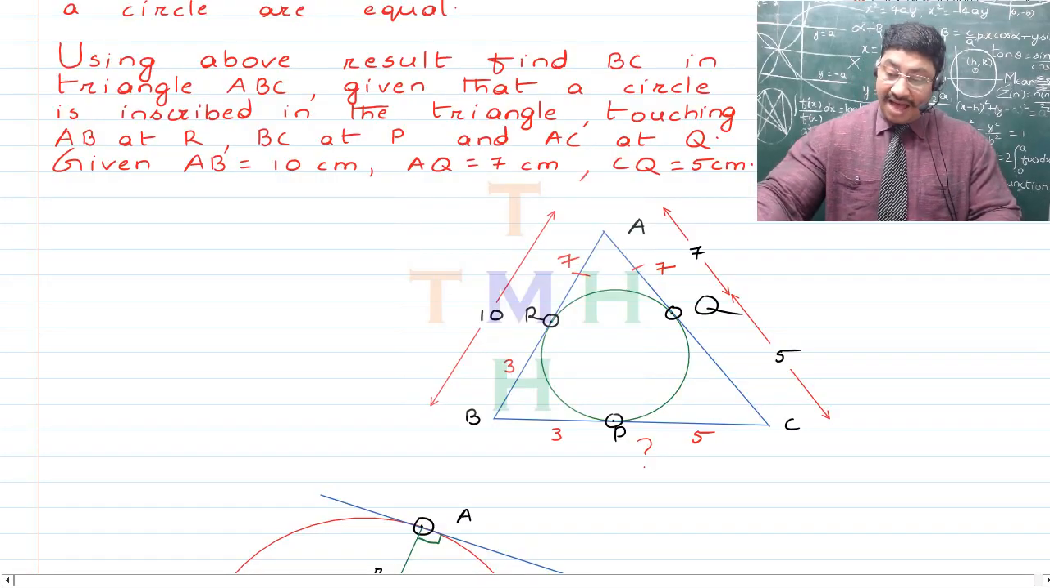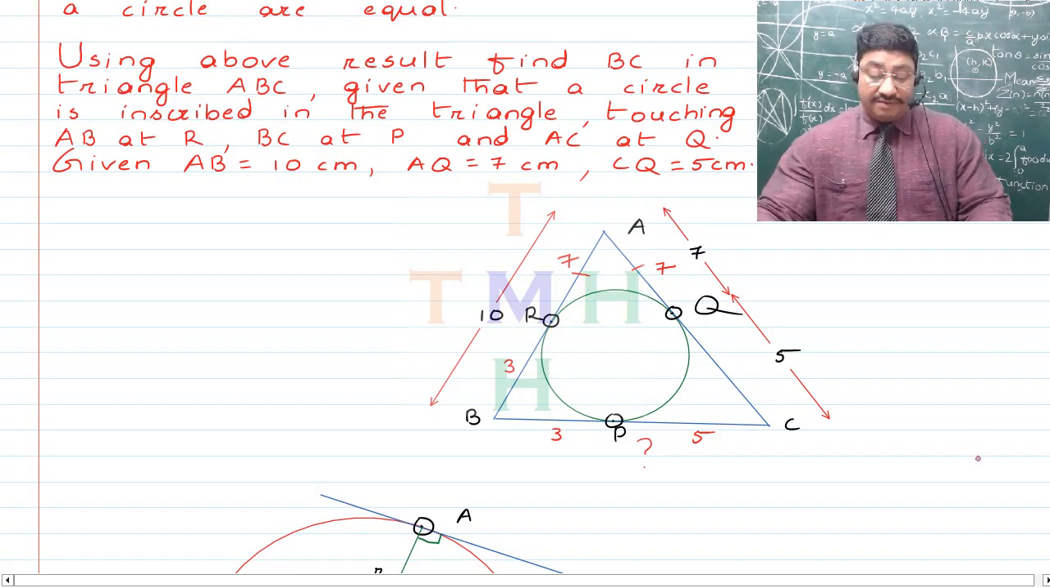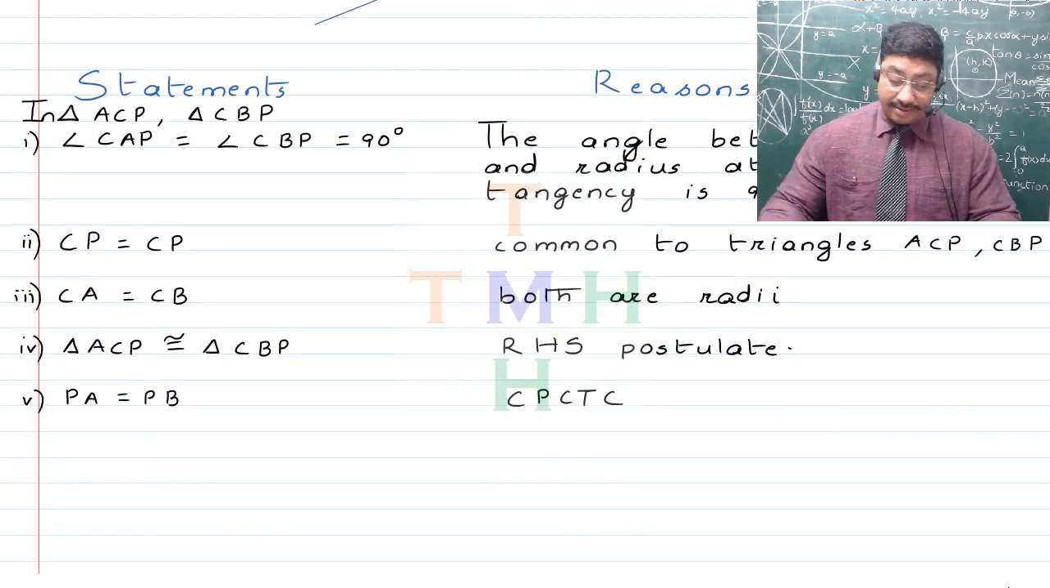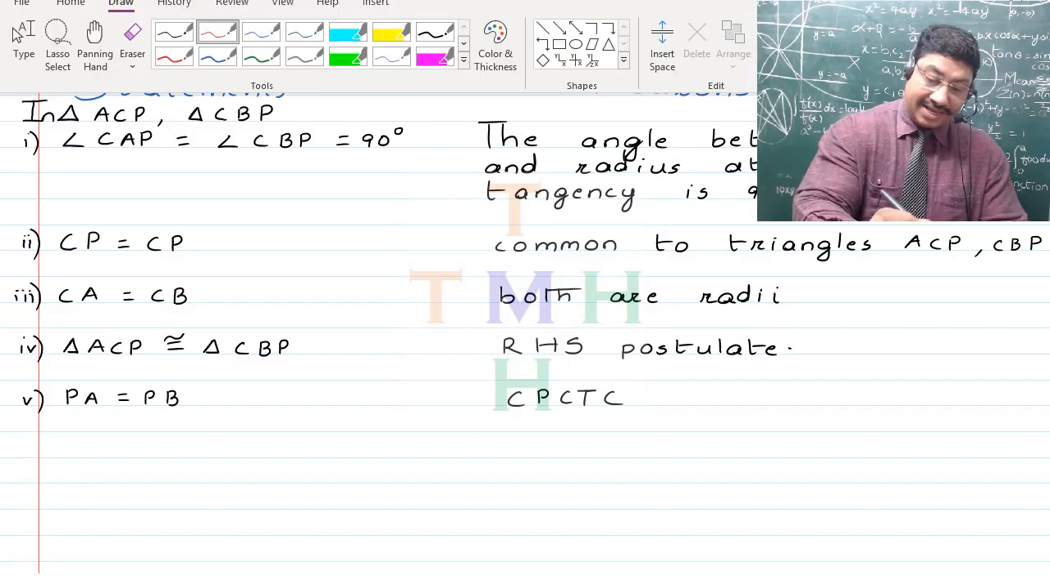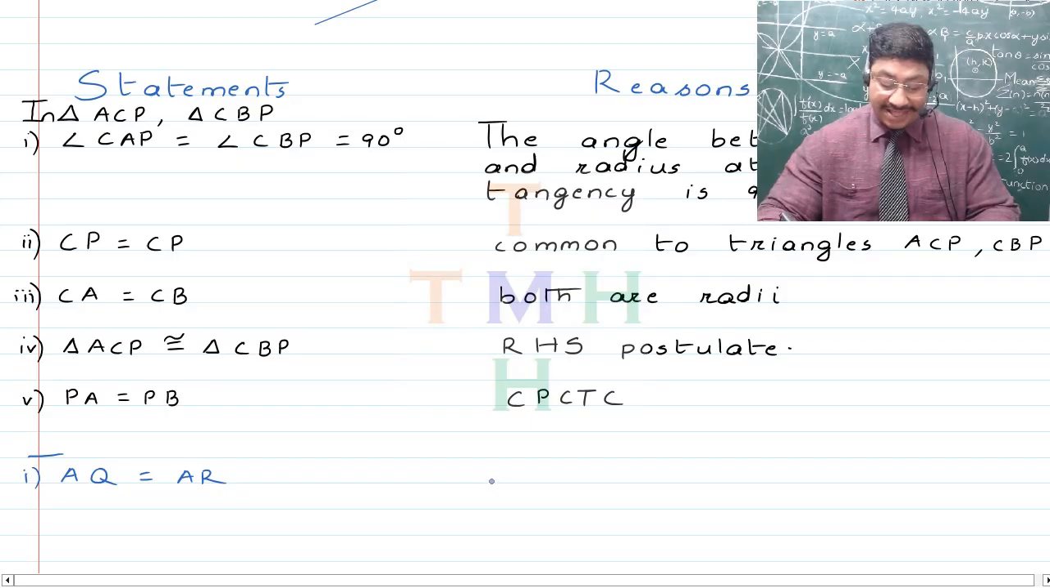Okay. Having found all of this, we will now have to write this in the form of statements and reasons. So what is going to be the first statement? It is going to be what you did first, that is, you will say that AQ is equal to AR is equal to 7. Now for the second part, the first point is AQ is equal to AR, and here you will say that they are lengths of tangent